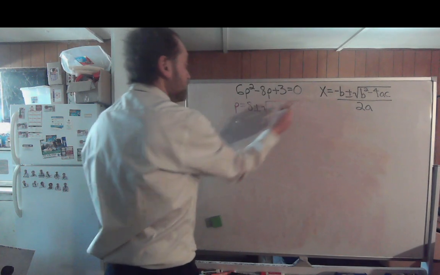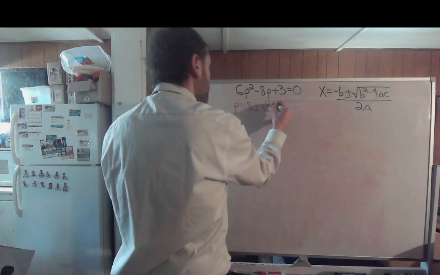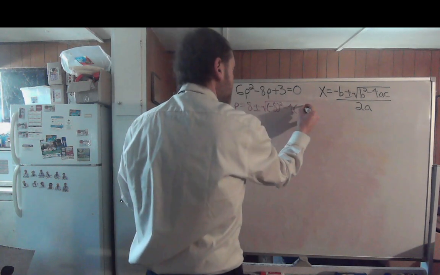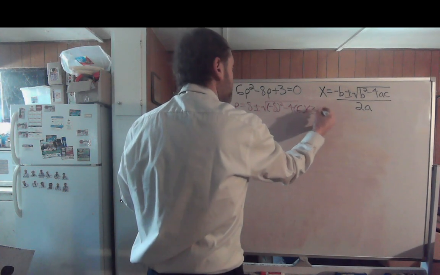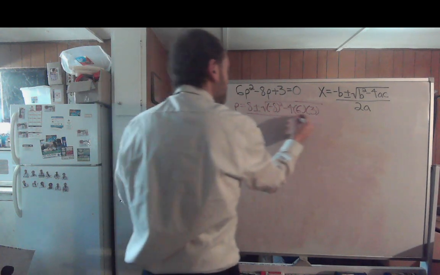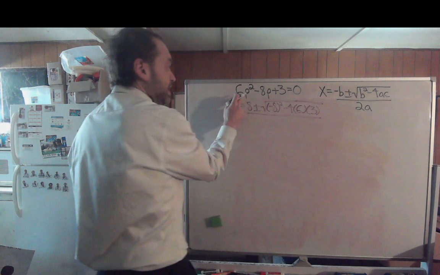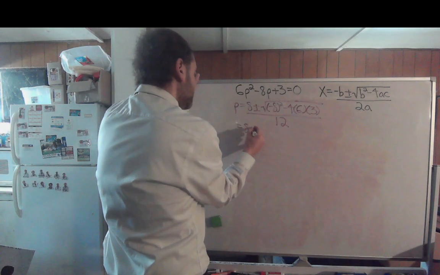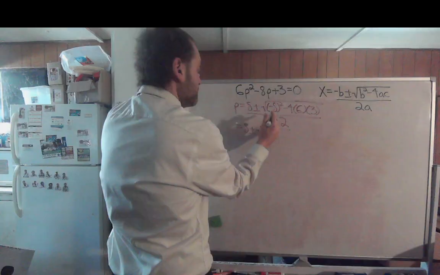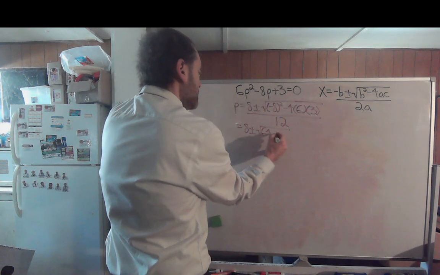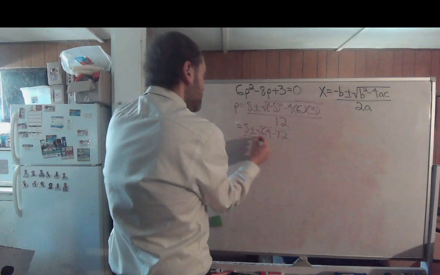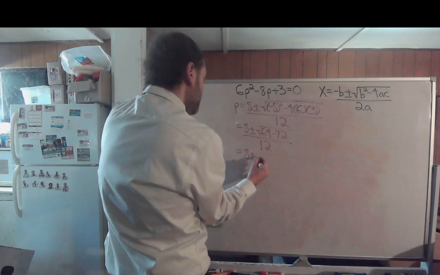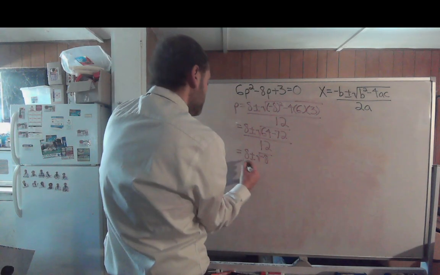the square root of your b squared, which would be that negative 8 raised to the second power, minus 4 times your a of 6 times your c of 3, all over your 2 times your a of 6, which would be 12. So that would equal 8 plus and minus the square root of, which would be 64 minus 72, all over 12, which would give you 8 plus and minus the square root of negative 8 all over 12,